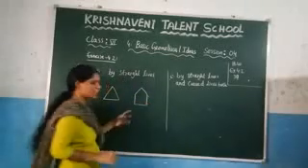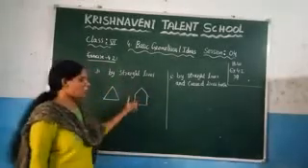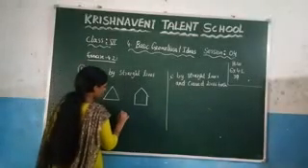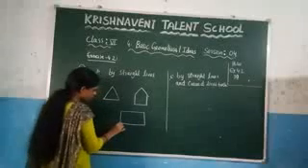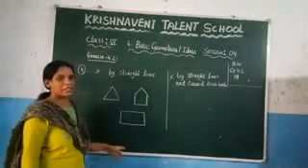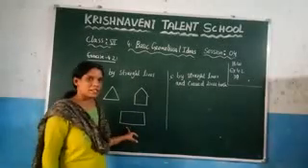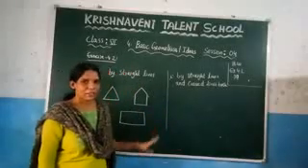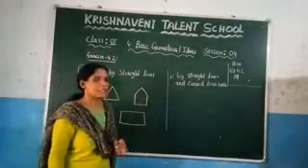You can observe that it is also a closed figure and all are straight lines. And similarly, you can draw a rectangle here, right? And you know that it is also a closed figure and it is made up of straight lines. And in the second question they asked: draw three figures by the straight lines and the curved lines.